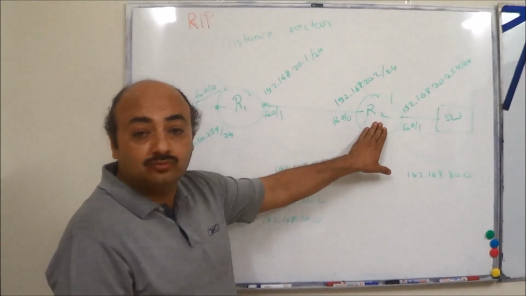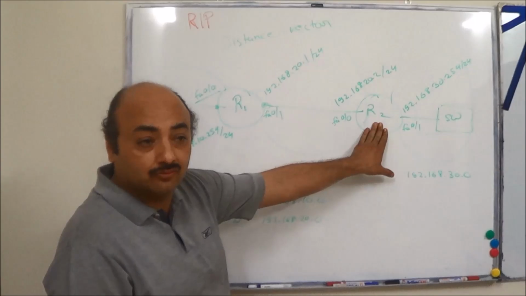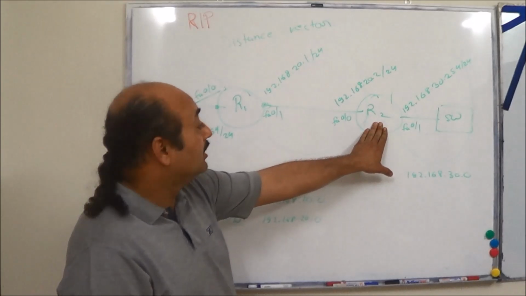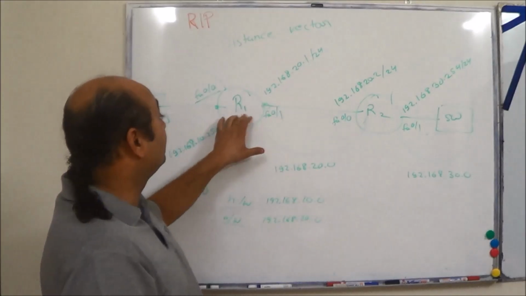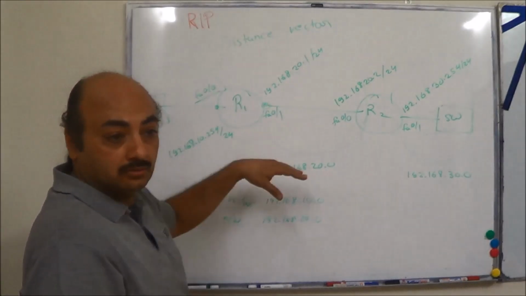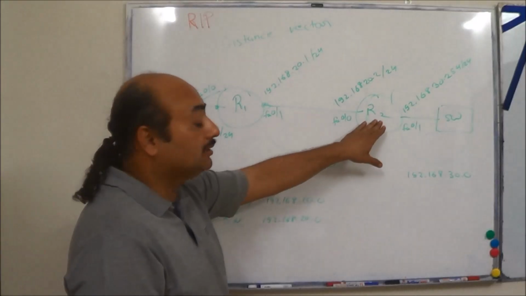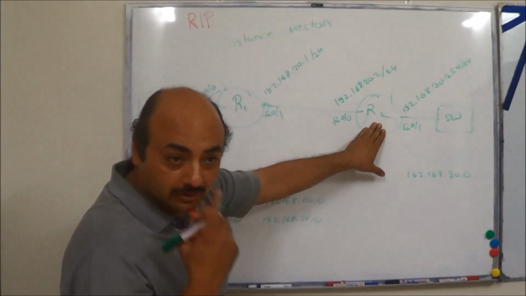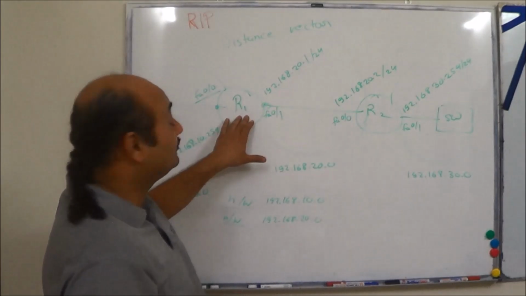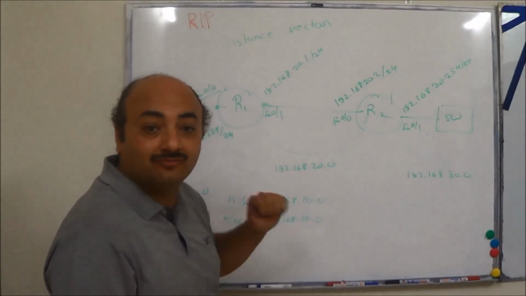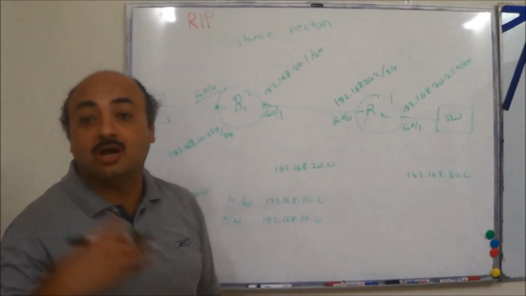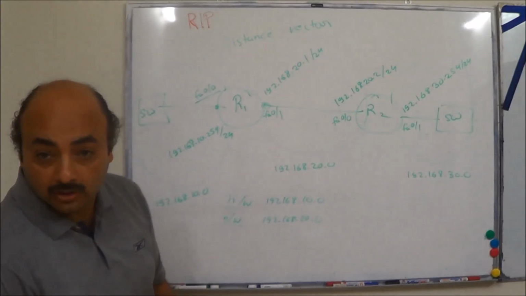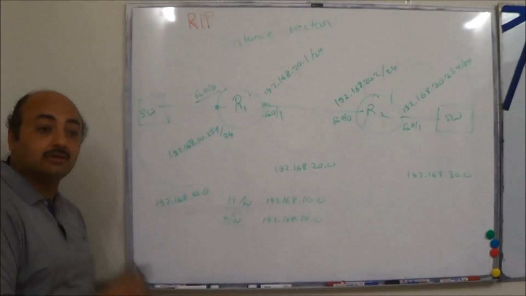So from R2's perspective, how far is the 10 network? One hop away, one router away. From R2's outlook, the 10 network is one router away. How many hop count? 1. So that's the distance. How far is it? Is this clear? Yes, sir.